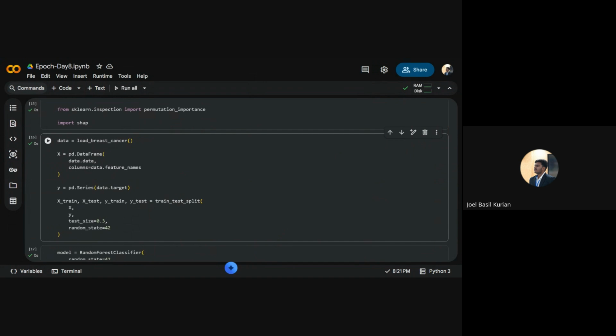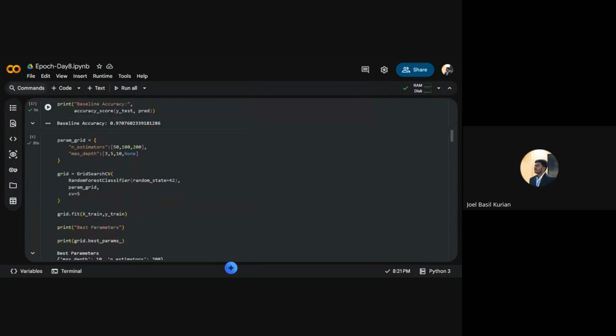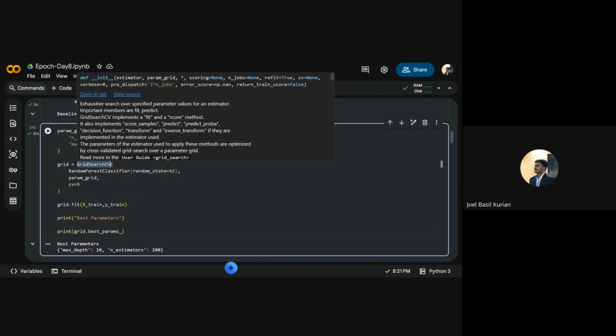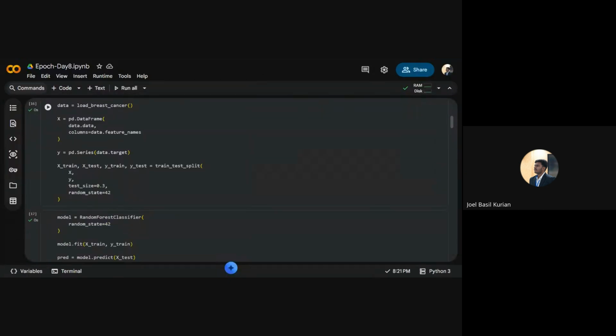Coming to, where did we stop? Yeah, we built the baseline model, and now we are coming to GridSearchCV. Now, this method is called GridSearchCV. This is nothing but a hyperparameter tuning technique. Hyperparameter tuning means, see,